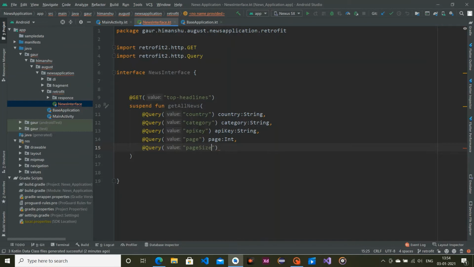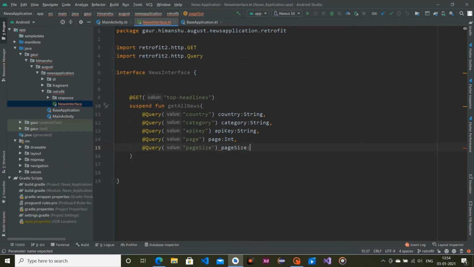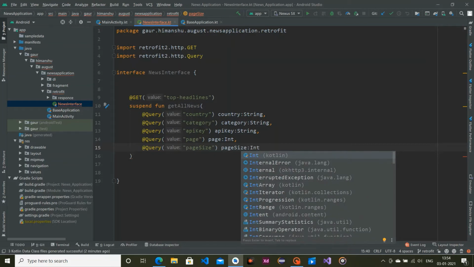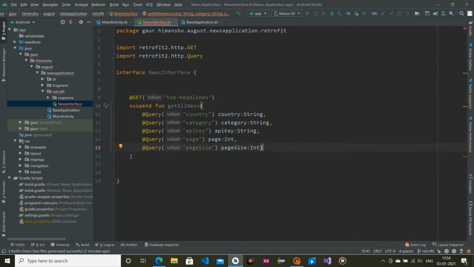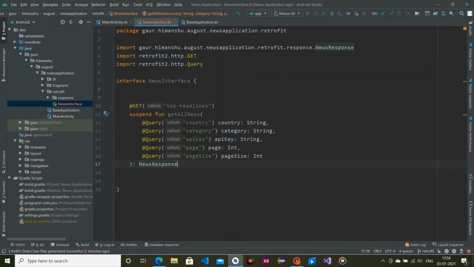So this is our page size, and finally return a NewsResponse. Okay, so after that we are finished with this interface.